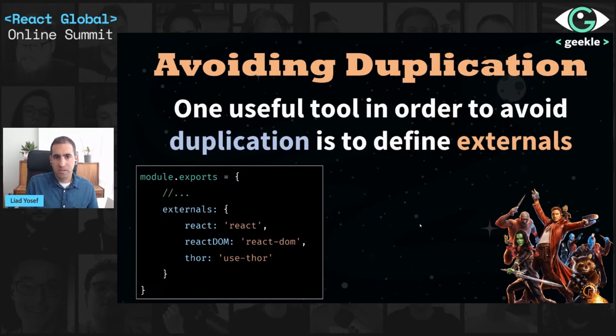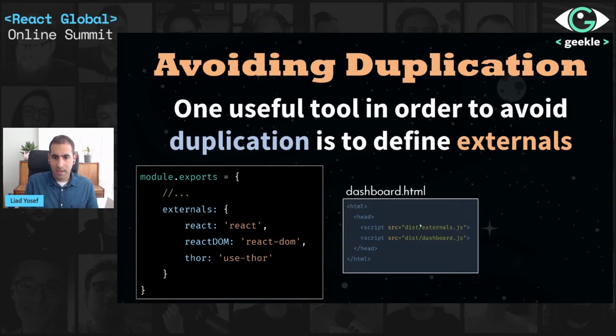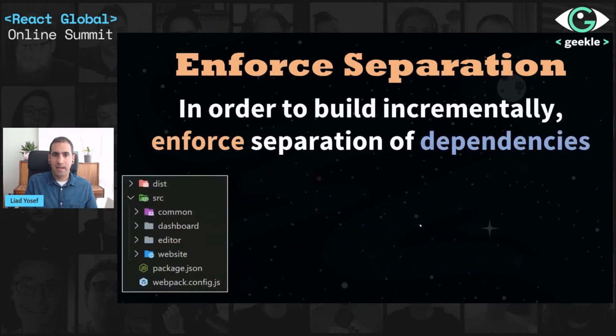And in order to avoid it, we can use a very useful tool in Webpack that's called externals. Externals is basically telling Webpack, hey, I have those dependencies, and I'm in charge of putting them on the window. You don't have to bundle them. And that's a very good tool when you have duplicate dependencies. So, for example, if we have the Avengers and the Guardians of the Galaxy, and both of them want Thor, we can just provide Thor as an external. Okay, like you see here, we can provide Thor as an external. We're in charge of putting it on the window, and then it doesn't have to be